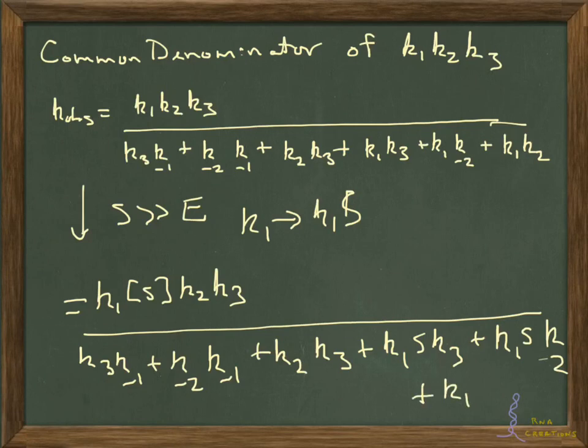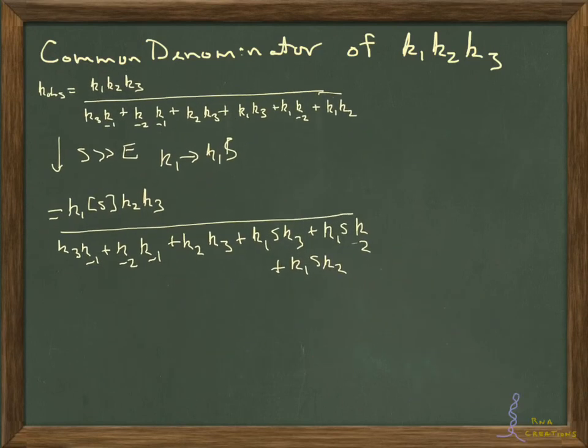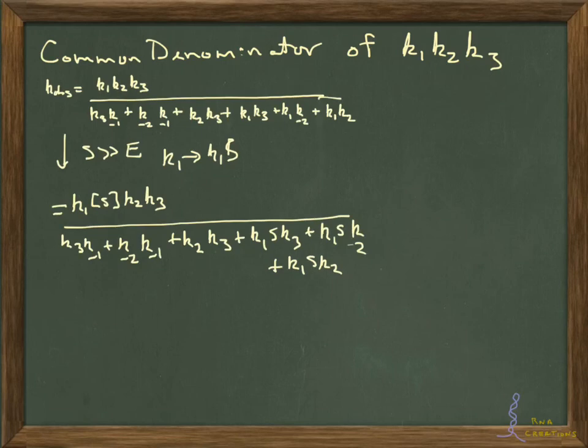And while it looks ugly, it's really not that bad. What you'll see if you go in and look at some of these older papers, or not even older papers, is values for Vmax and Km in terms of all of these rate constants. And so you can look at this and say, well, how does this compare